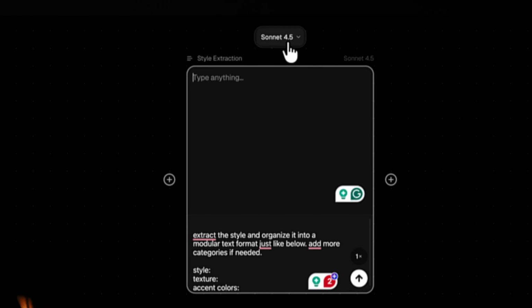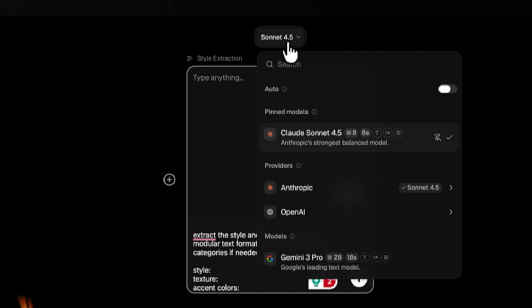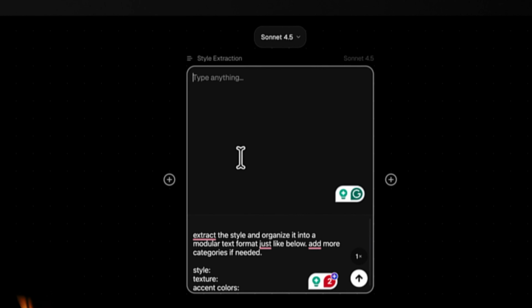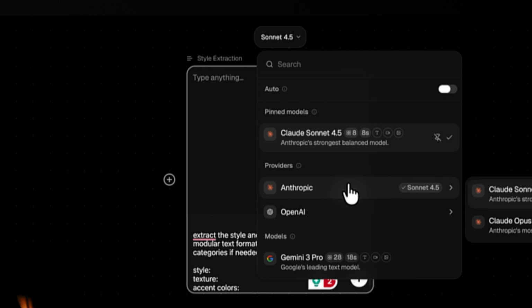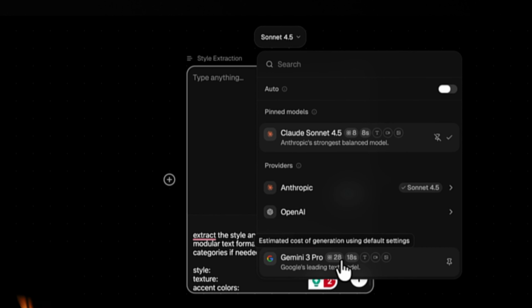On this node, I've got Sonnet 4.5 selected, and that's the LLM I'm going to be using for this. I just happen to like Claude's Sonnet over GPT and Gemini in terms of the way it converses with you, but feel free to use whatever LLM you want. Granted, it has to be one of the ones that are available within Flora, and for now that's only Anthropic,